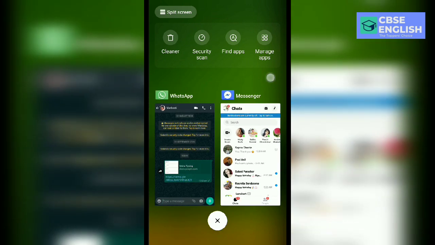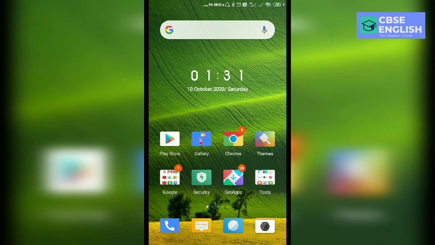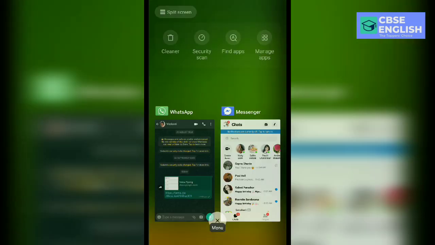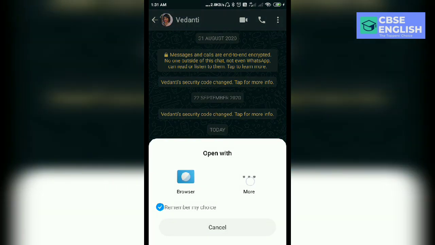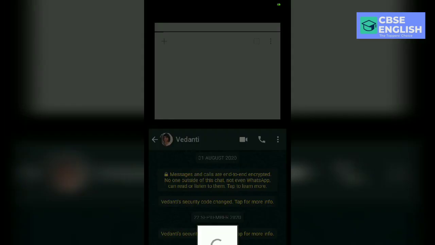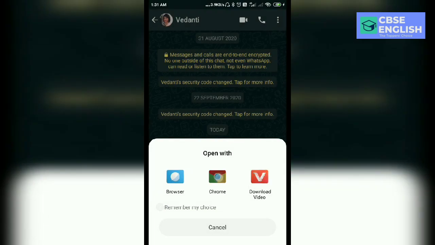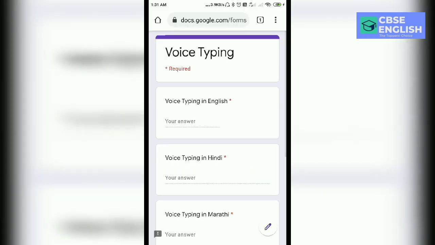Dear friends, this application and setting is very much important for the students nowadays because they are receiving question papers in Google Forms and they have to type short answer type questions and long answer type questions in Google Form itself. Suppose for example, we receive this Google Form link of question paper in WhatsApp. So what we do? We click on the link and open it with Google Chrome or any other browser like this. And after opening this Google Form question paper link, we start writing the answers.